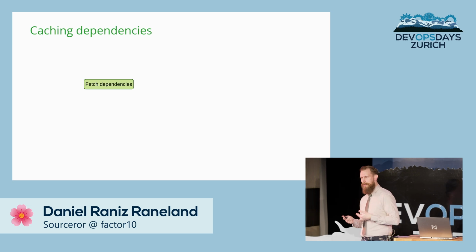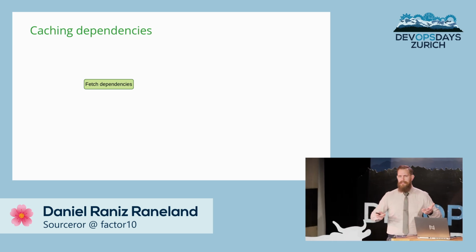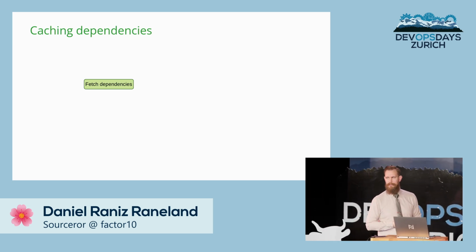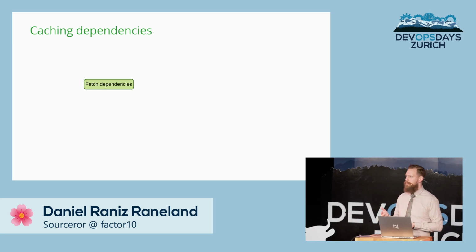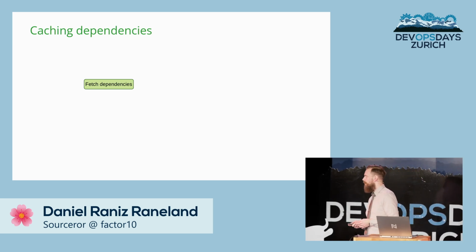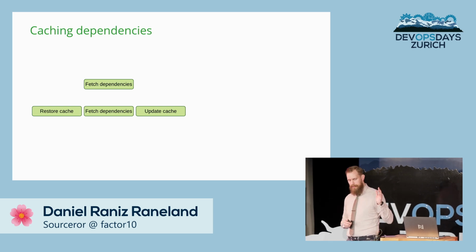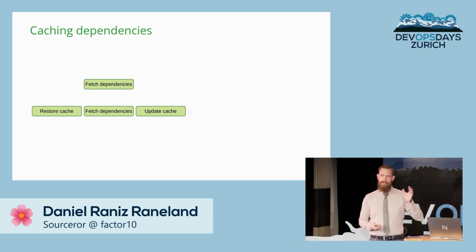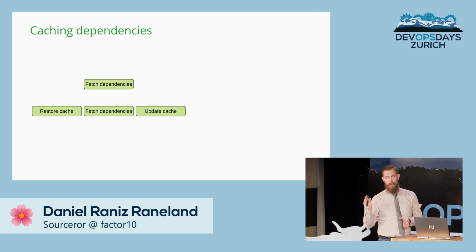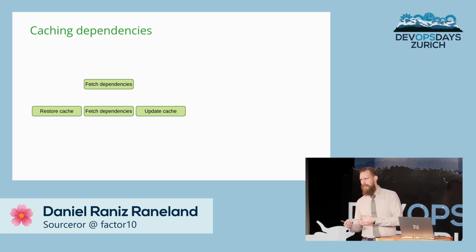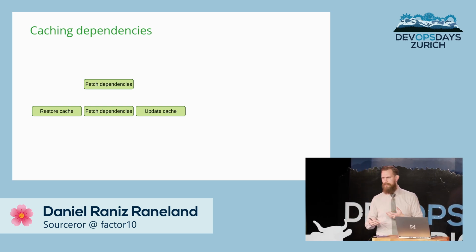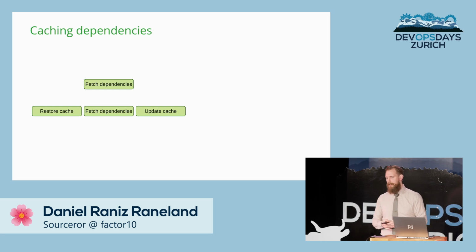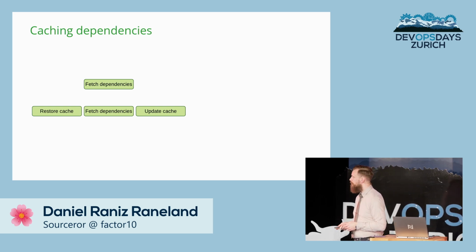And typically when we talk about caching, people go, well, let's cache dependencies, because that's easy, right? We cache our node dependencies, we cache our cargo dependencies, and it will speed up the build. We change the fetch dependency step into a cache restore. Then we fetch dependencies if the cache misses something. Maybe we have changed something, so we need to refetch.